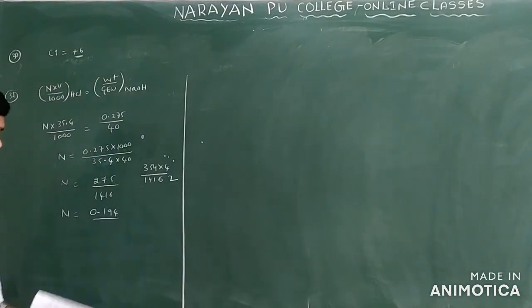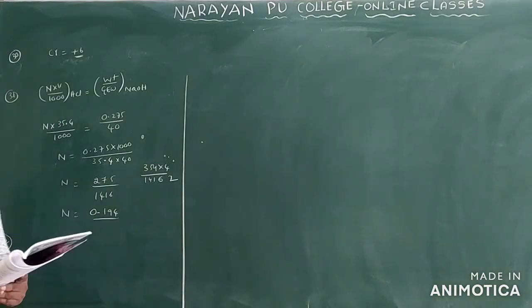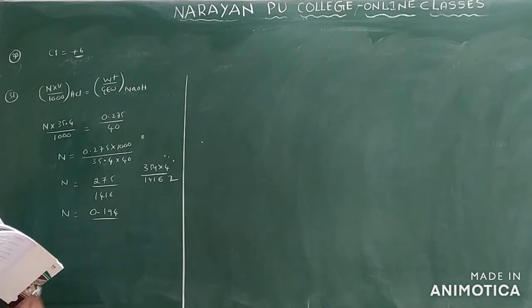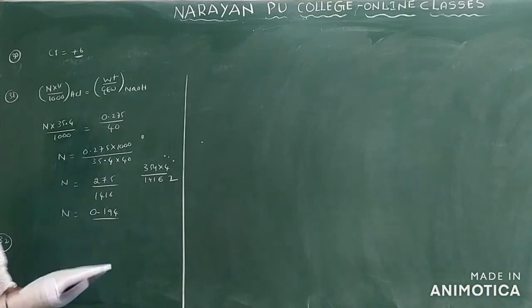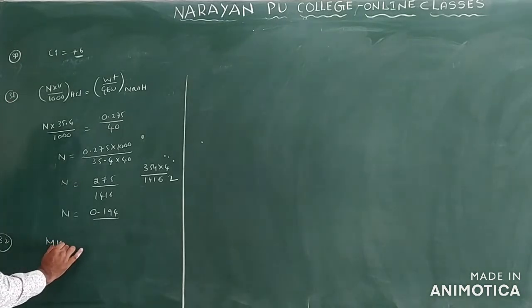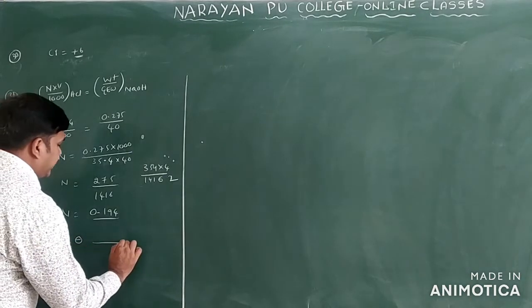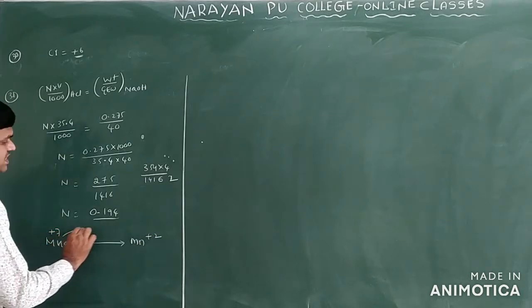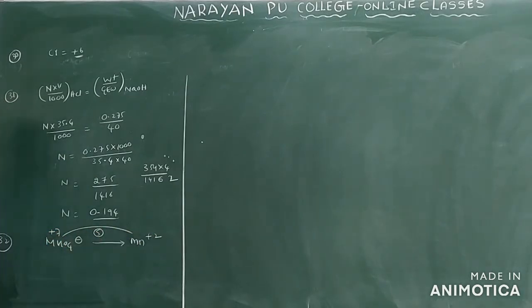Now we will see question number 32. In the oxidation reduction, MnO4 minus is converted into Mn plus 2. What is the number of equivalents of KMnO4 present in 250 ml of 0.04 M KMnO4 solution? So here MnO4 minus is there, converted into Mn plus 2, here plus 2 and here plus 7. What is the change in electrons we have? 5 only. We can say the N factor is also 5 only. Now they are asking here equivalents of